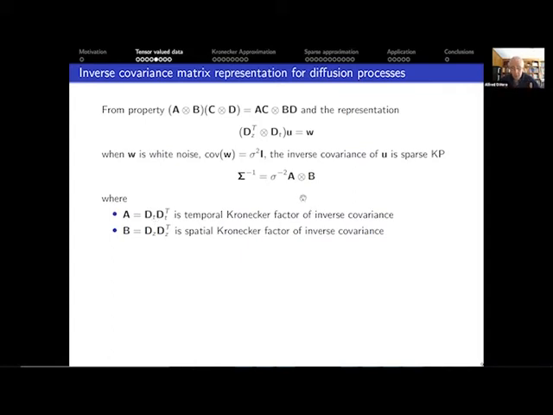And so those are sparse because we know that these differential operators are incremental operators, so the matrices are very sparse. So the inverse covariance of any process that satisfies this type of differential equation is going to be sparse. That doesn't mean that the covariance is sparse, but the inverse covariance should be sparse if it satisfies such an equation. So, for example, there's one equation which is very much of interest to us because it's been proposed for modeling the magnetic fluctuation of the solar